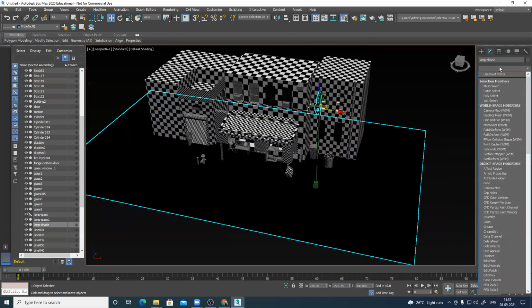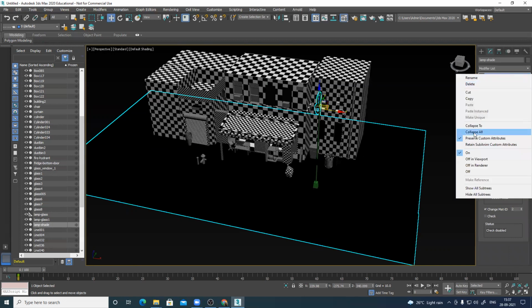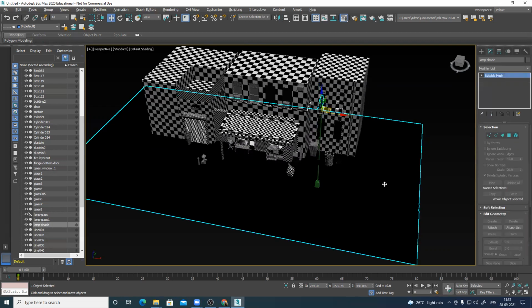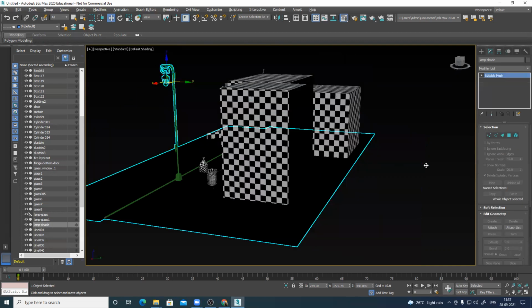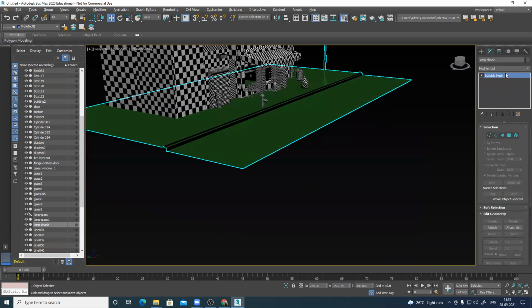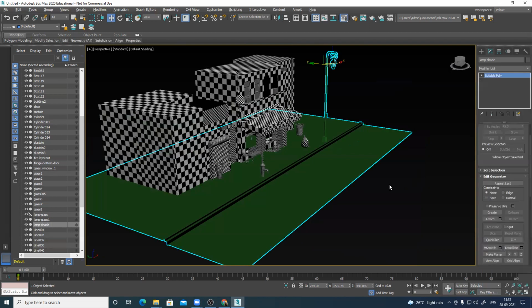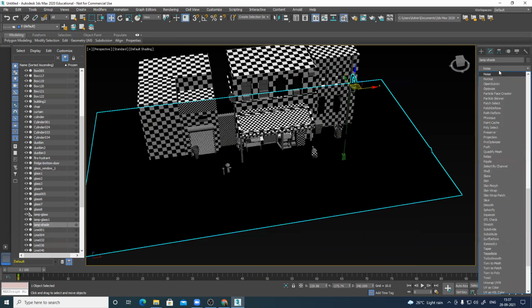So I'll use an STL check. Everything looks fine only. Collapse, yes. No, this is not backface culling. This is some normal issue. Let me see. I just combined it now, so it created some problem.